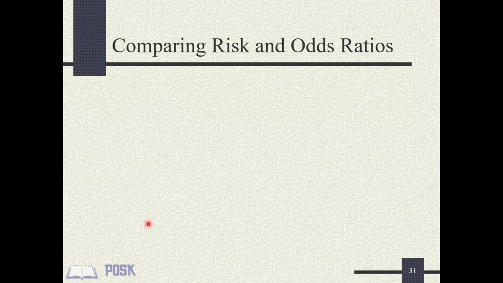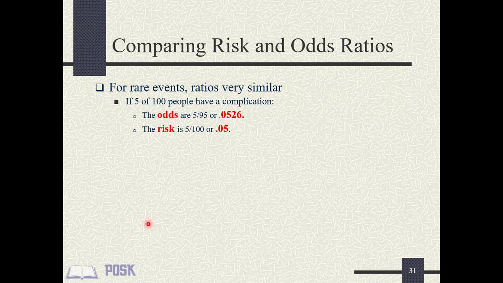In addition, you should also note that odds ratios are always higher than relative risk, because odds ratios tend to overestimate risks. If 5 out of 100 people develop an event, the relative risk is 0.05 and the odds ratio is 0.526. The odds ratio is just 5.2% higher than the relative risk. This means that when the event is rare, both the relative risk and the odds ratio are very close and can be approximated. But as the event becomes more common, this will change.